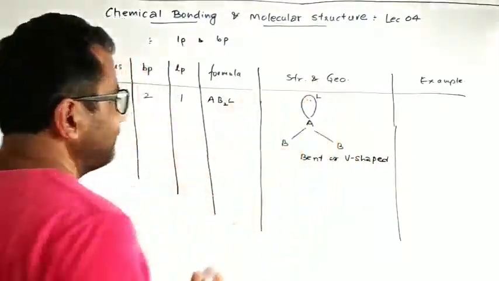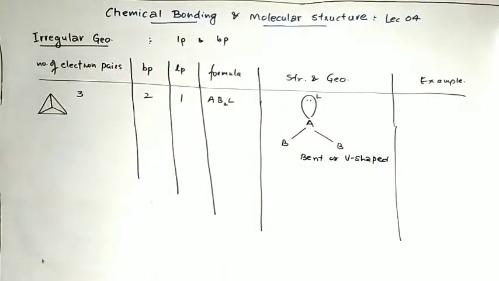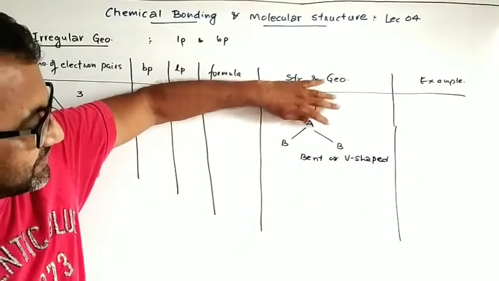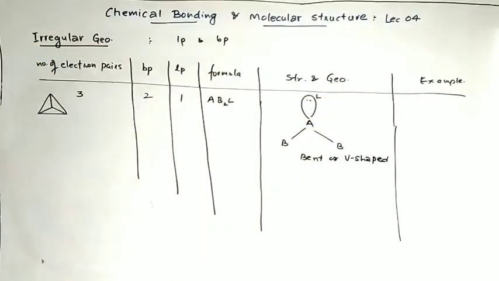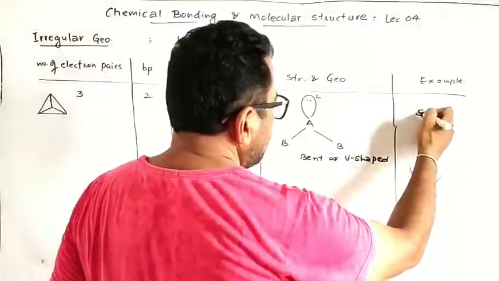We do not consider this lone pair because there is no atom. So just the geometry is this. This is a V shape, or it's called bent. Then what is the example? Example in this is